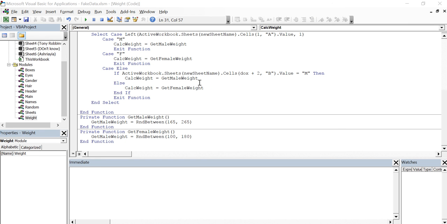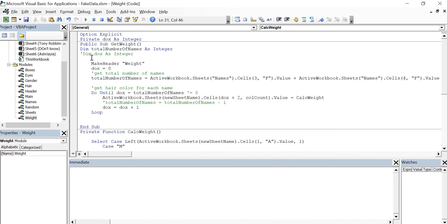So following my principle where we get it to work first, and then we go back and refactor, I just decided to go ahead and just say, let's take a look at column B in that row to see if it's an M or a F. And if it's a male, then we're going to get the male weight. And if it's a female, then we're going to return the female weight. And what I did here too is I changed this variable